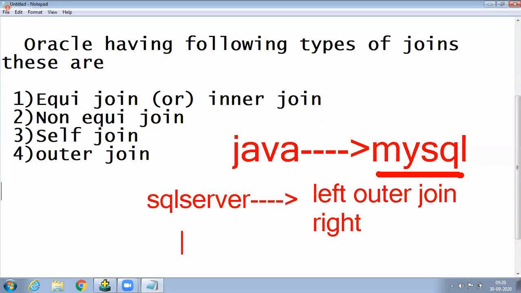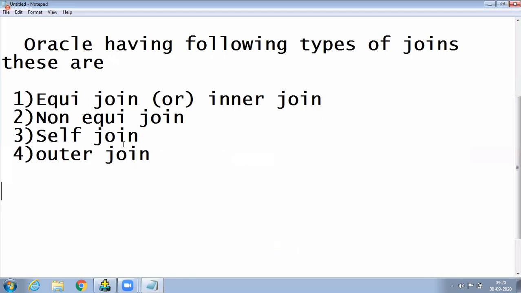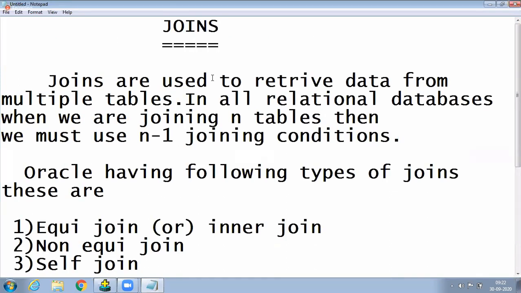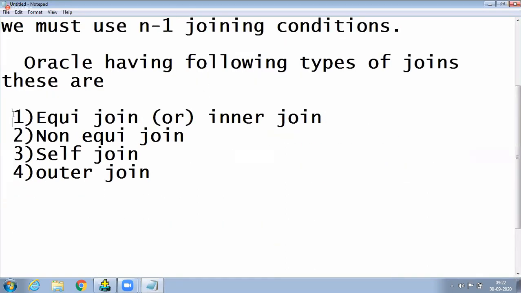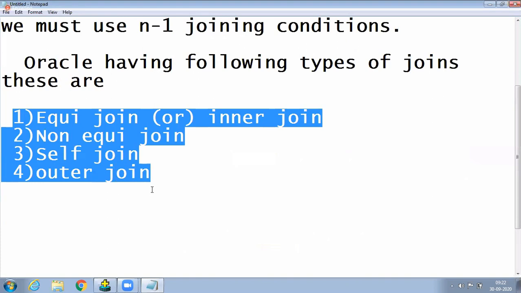Suppose you look at Teradata, which data warehousing programmers learn in this course. This is an NCR Corporation database. In that database also there are left outer join, right outer join, full outer join. So many joins are there. But unfortunately, are these left outer, right outer, full outer joins available in Oracle? No. On the Oracle side only these four joins are available up to the Oracle 9 version.